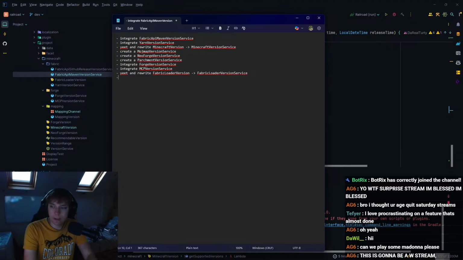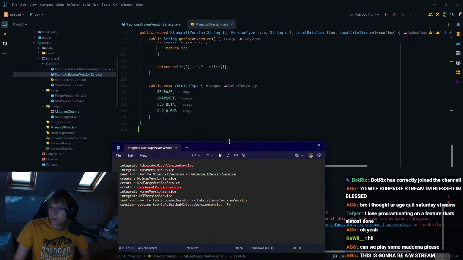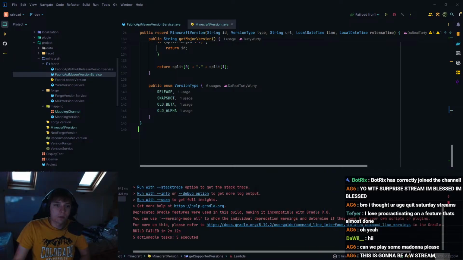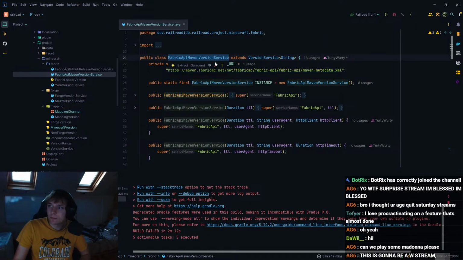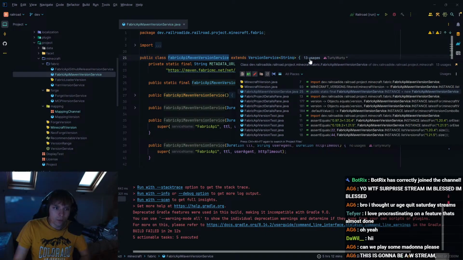And I'm also going to add at the very bottom, consider eating Fabric API GitHub release version service. We'll see. We'll come back to that. So I'm going to move this to a different monitor because we don't need that on screen. Okay, so yeah, we're going to want to deal with this Minecraft version class later on, but that's fine for now. If we go to usages,